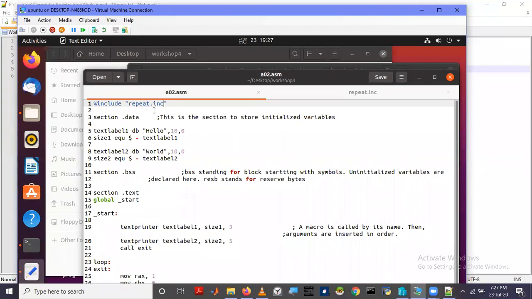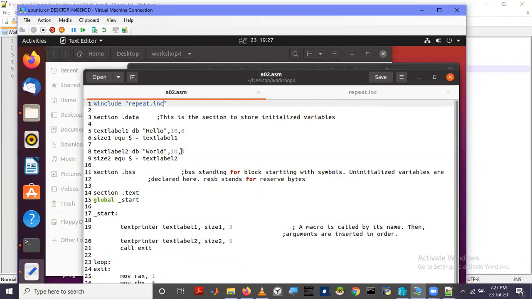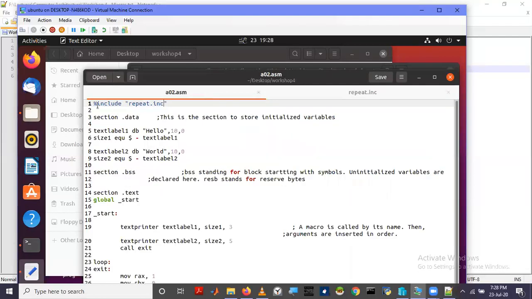It is the same program that we wrote earlier, nothing different, but another approach to visualize this code efficiently. For easy visualization, rather than having this whole code here, I took it to another separate file known as repeat.inc and added a reference to that one here so that it will be copied here.